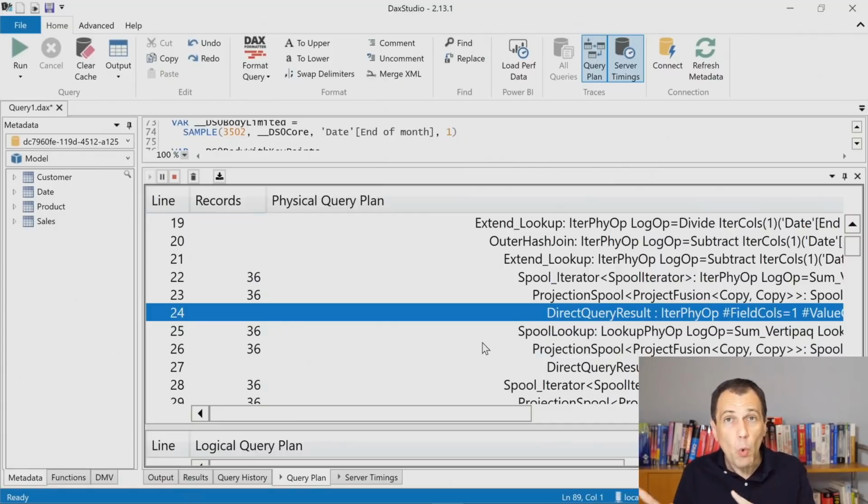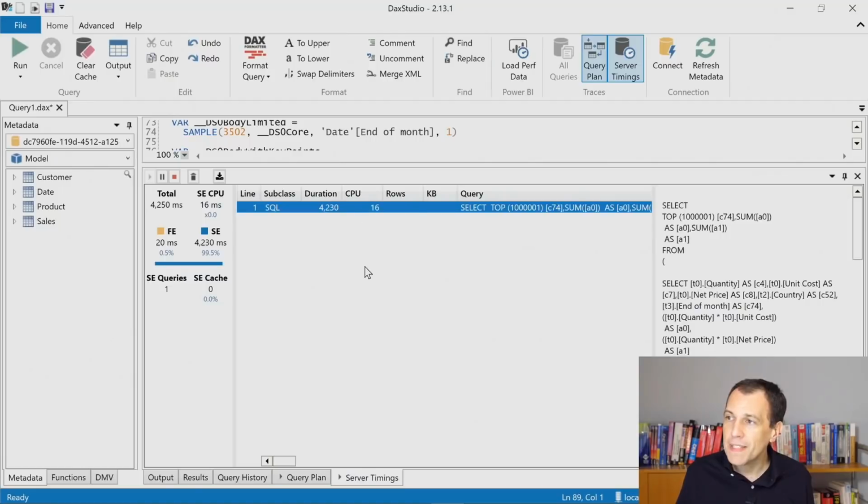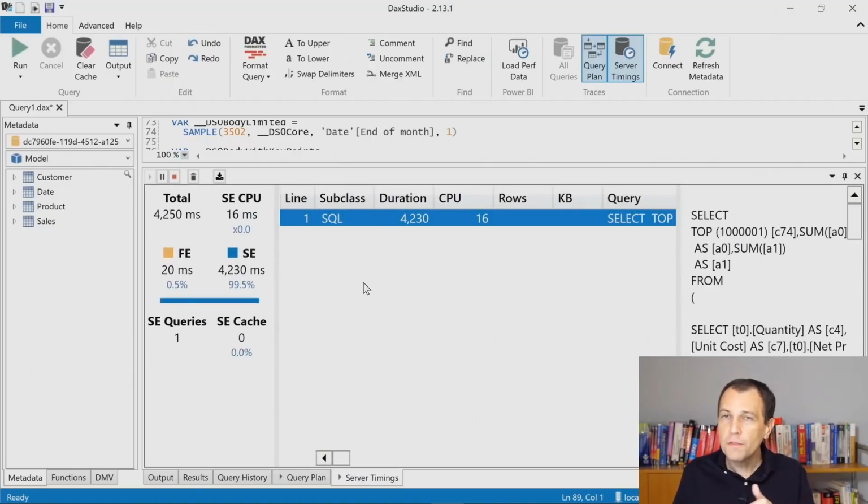And what is the request made to the storage engine? In server timings, we can see here a list of requests sent to the storage engine from the formula engine. In this case, we have only one, even though we have multiple nodes in the query plan we have seen before.